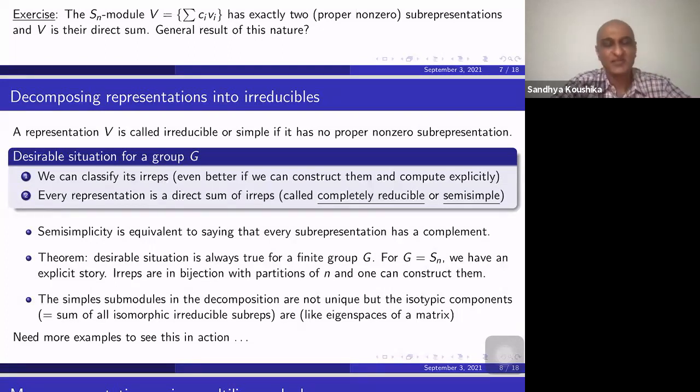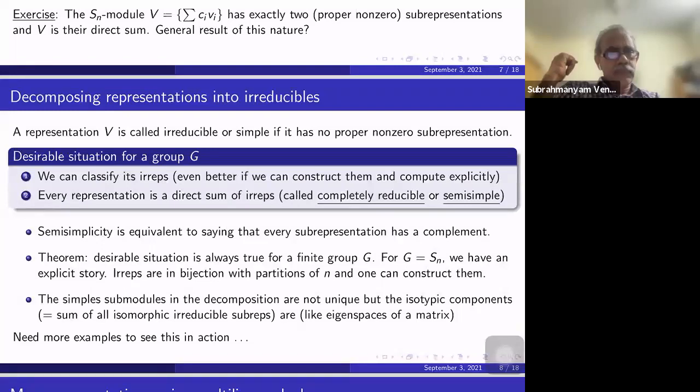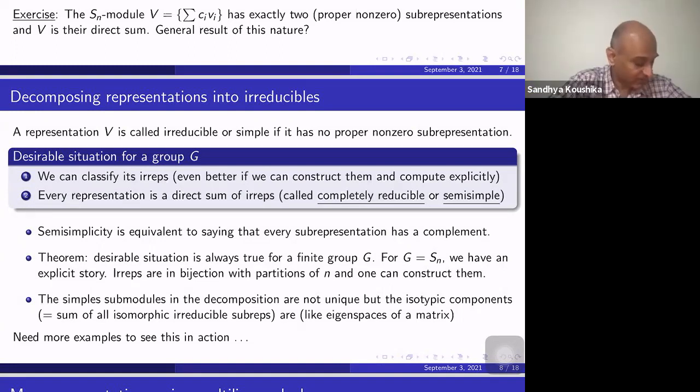So this is the theorem, that this desirable situation is always true when the group G is finite. And remember our blanket assumption that all vector spaces are over complex numbers. The way one proves this is by doing an averaging trick, which I will not get into. And it is a useful thing to remember the criterion of semi-simplicity,